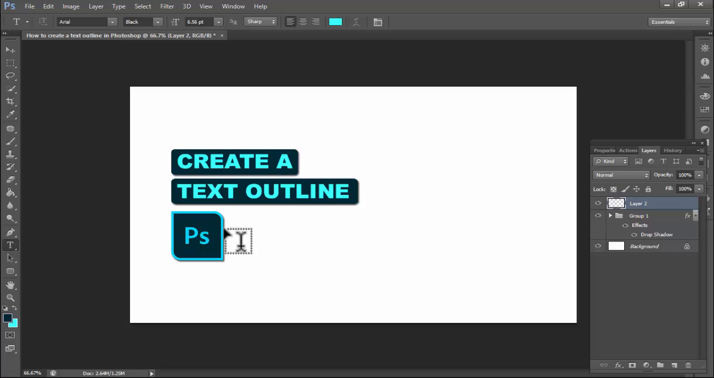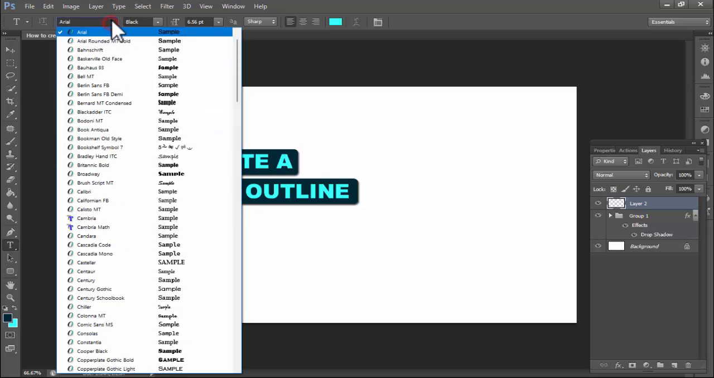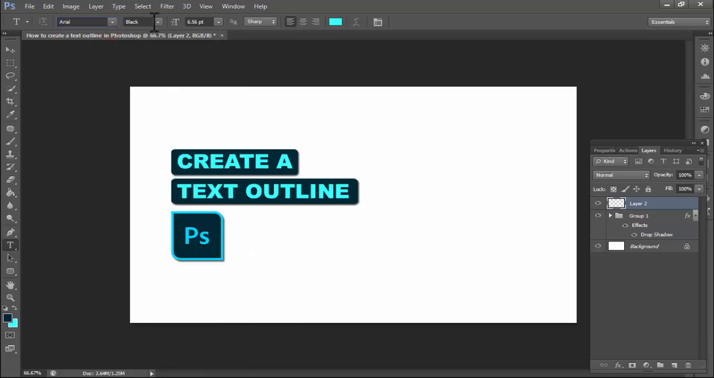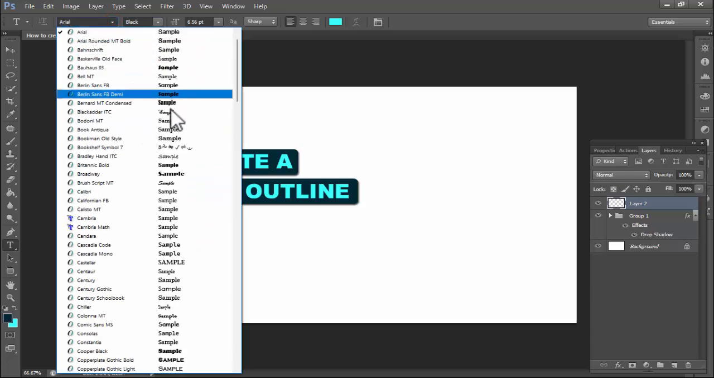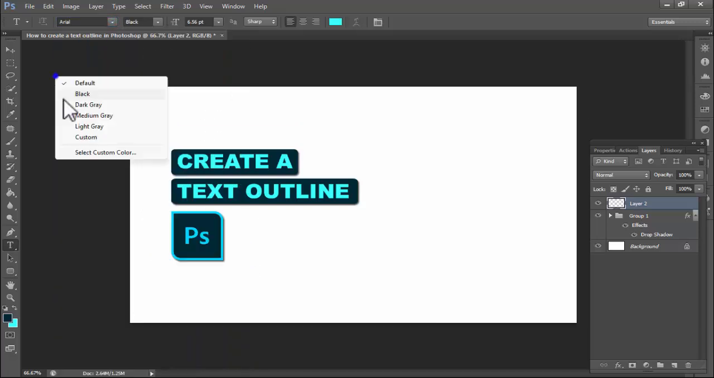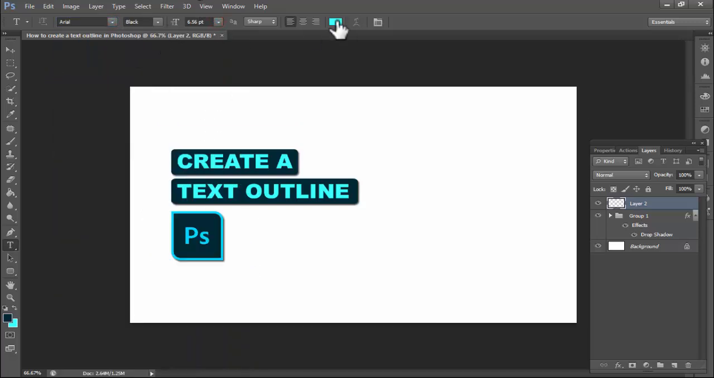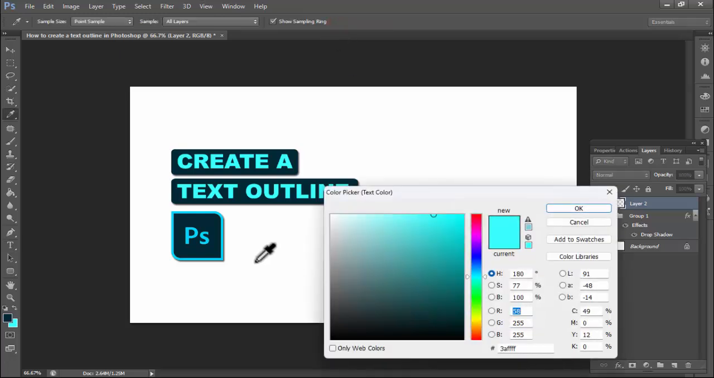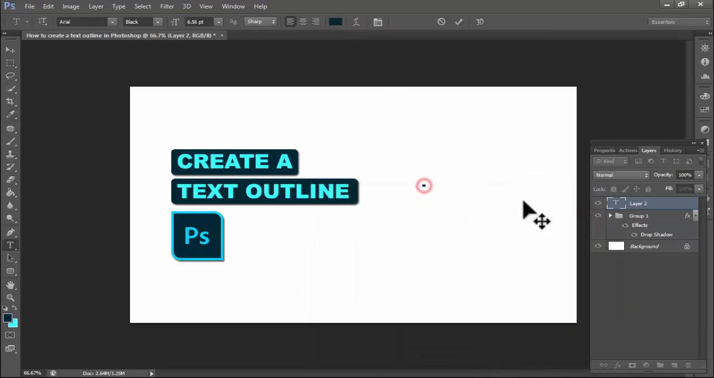Type horizontal. Always use Arial. You can use any style. Now see this, use a style for text. Okay, select the text color black. Change the text color to red. Okay, now type text